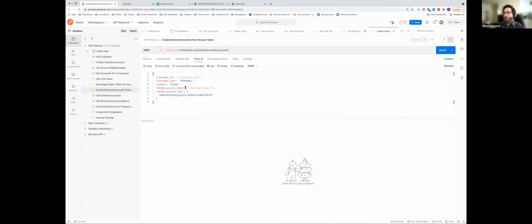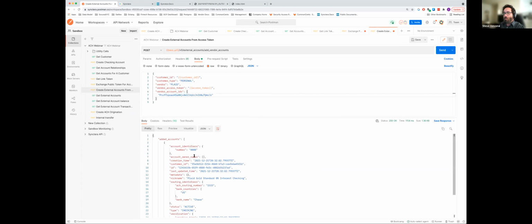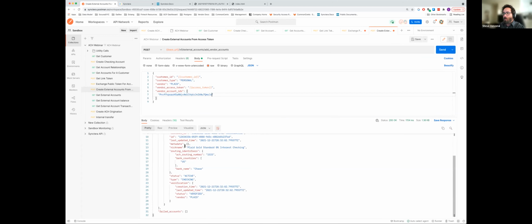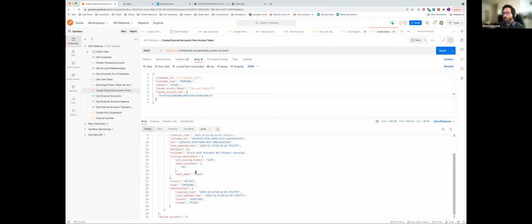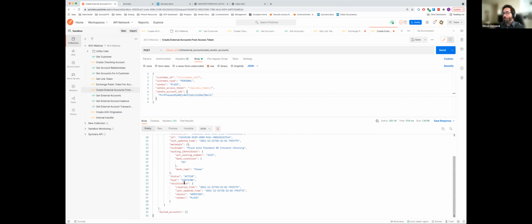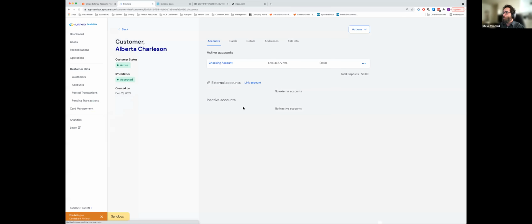So we already have the access token. We will need the Plaid vendor ID right here. We'll create that, and we can see the response. We have an external account created with all of its information automatically populated. We can see it's been verified by Plaid, and if we refresh here,